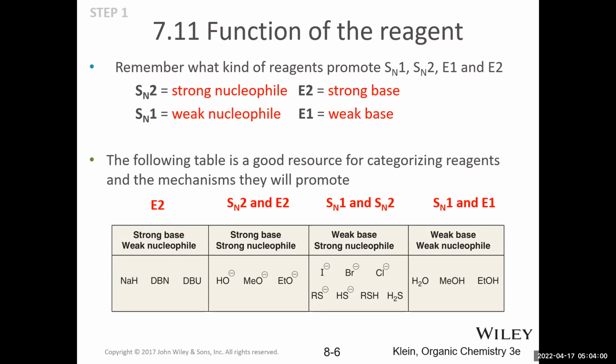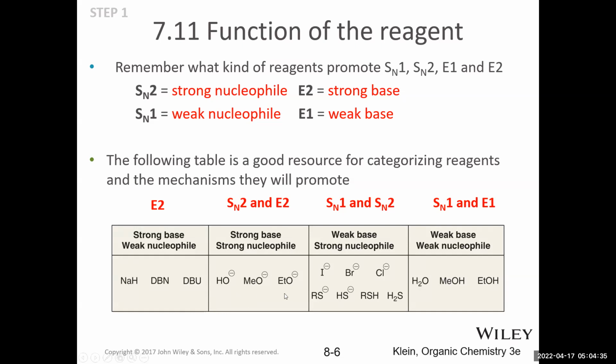So NH2 is a common strong base only, as well as tert butoxide. So that could be sodium tert butoxide or potassium tert butoxide, which basically looks like this. It's an oxygen with a negative charge, and instead of an ethyl or a methyl group, what's attached is a tert butyl group. That typically goes in the strong base only, just because it's so bulky that it is unlikely to participate as a nucleophile in an SN2 reaction.